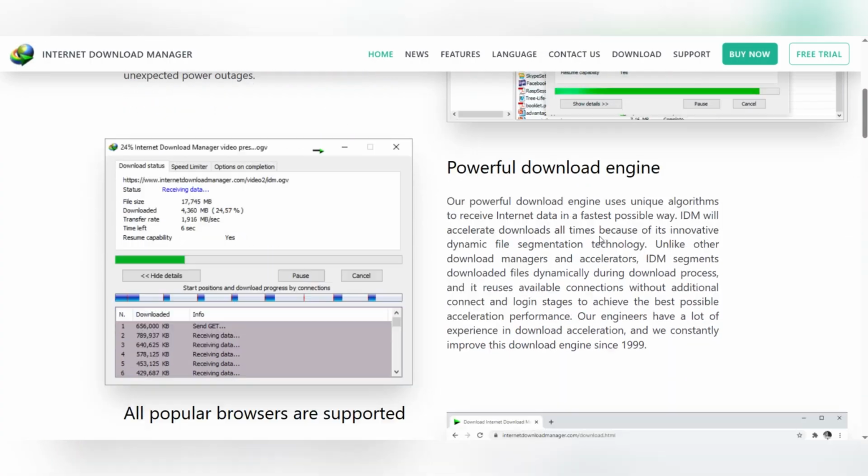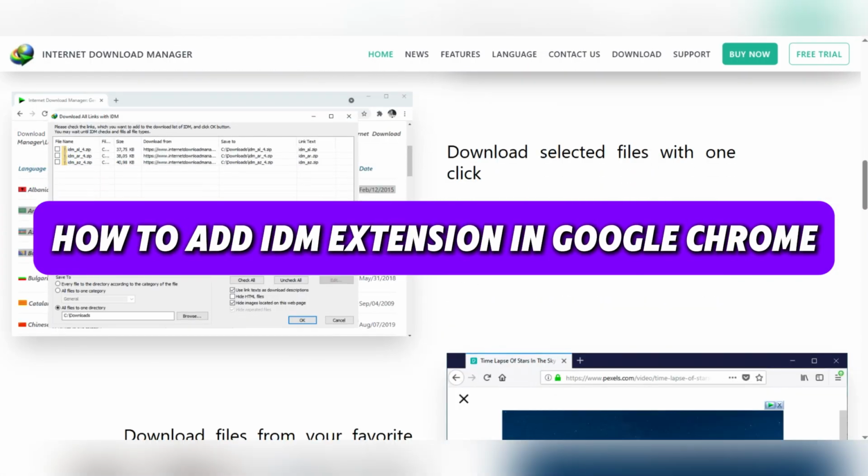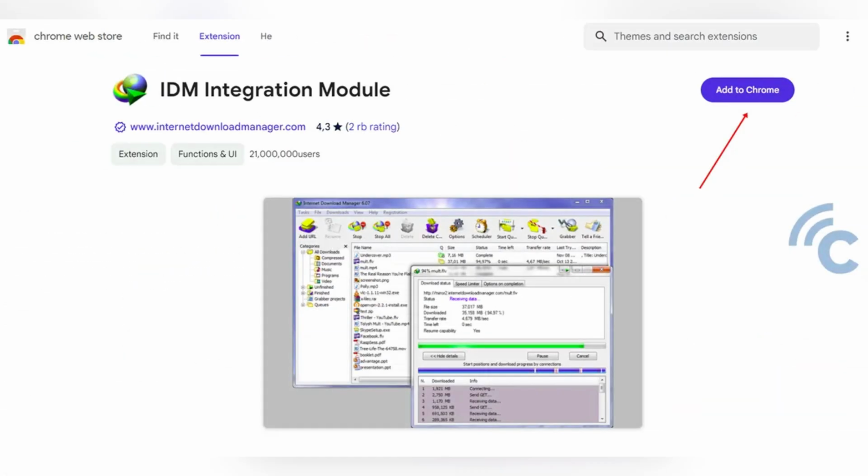Hello everyone, today we're gonna see how to add IDM extension in Google Chrome. Firstly, open your Google Chrome on your PC, then go to the official IDM extension page on the Google Chrome